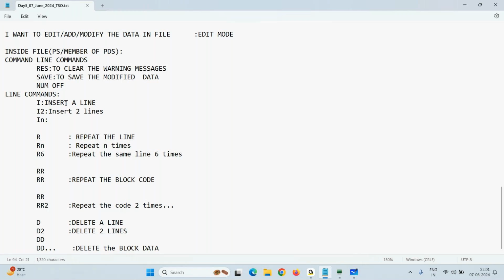Any other queries string? I'm done for the day. If you have any queries, you can ask me. So Venkat, can you please go to that file? yeah,